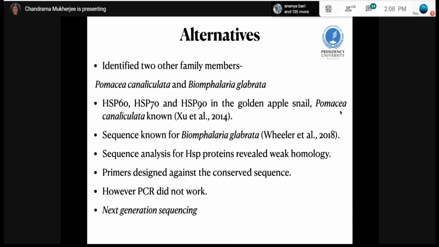So then we thought we would try a next generation sequencer, and then we would be able to determine the relationship of these particular proteins, the HSP proteins, with elevation in temperature. And not only that, with the next generation sequencing approach we would also be able to see all the other different genes and their expression with the elevation in temperature.